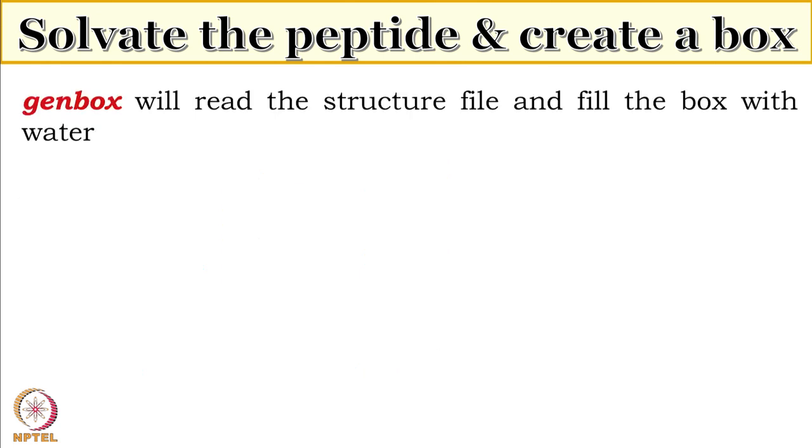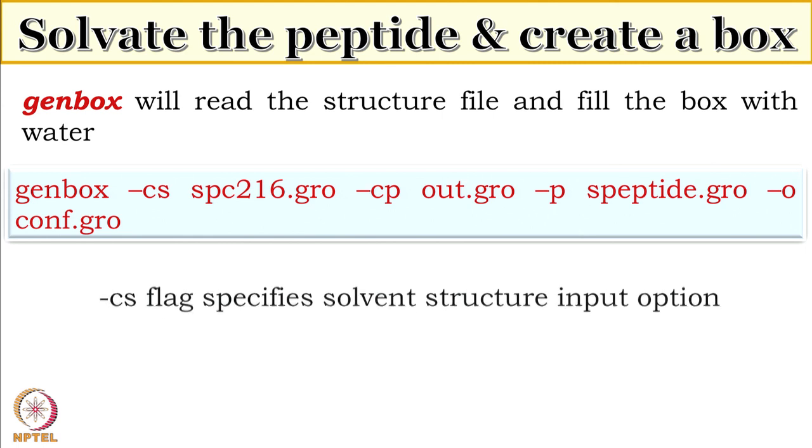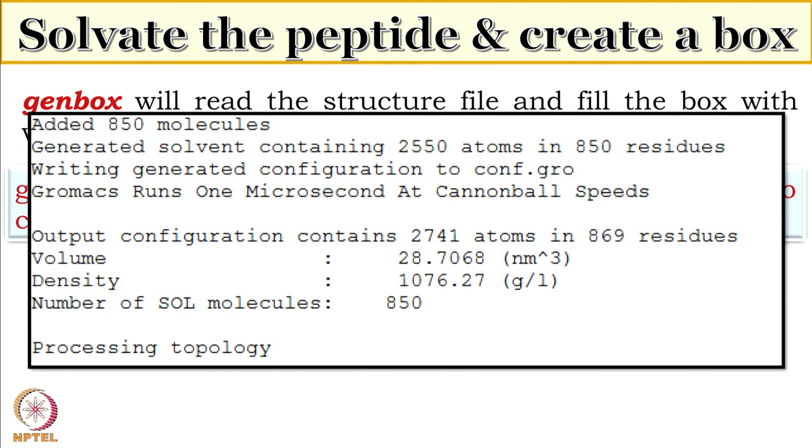Okay. So there is a slight error in this. For -p speptide, instead of .gro there will be .top, because -p is the flag for the topol.top option. So instead of speptide.gro, it should be speptide.top. Top, yes, on the extreme right. Okay. So now it will also modify my topology file.